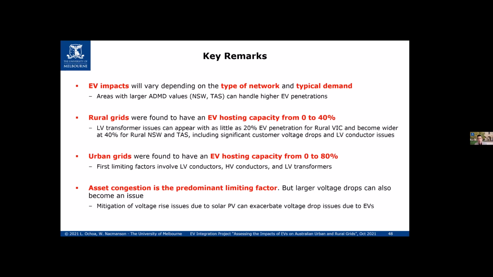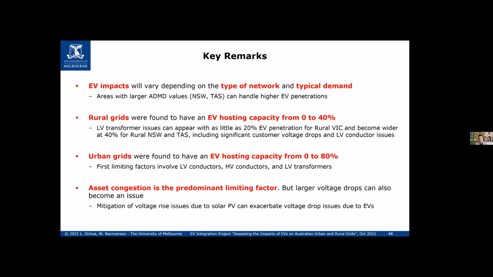Also, it's important to say that this is not just about the residential demand. Each network that we have modeled has different proportions of non-residential demand, and that can also affect things, because if you have a large demand that is coming from non-residential, and then you assess this tiny, even if it's a high penetration of electric vehicles, but it's just a tiny number of residential customers, of course, the effect is not going to be that significant. So it all depends on that as well.